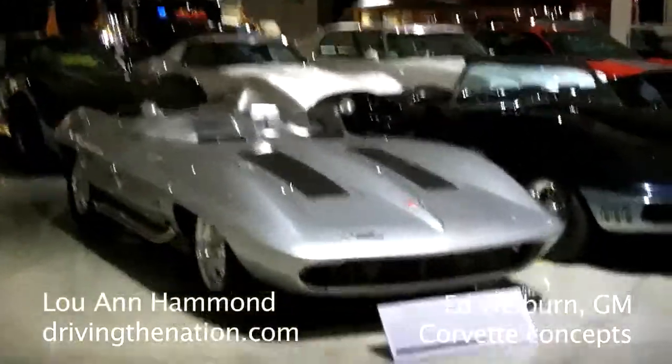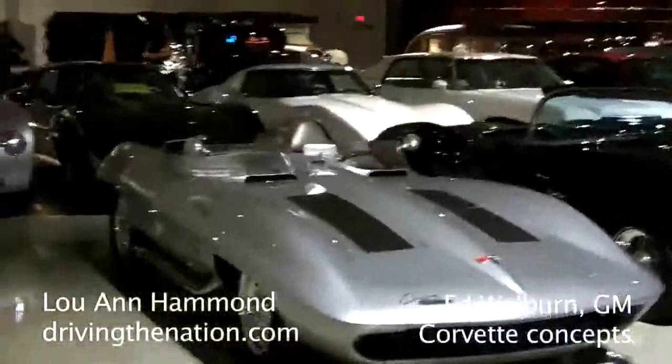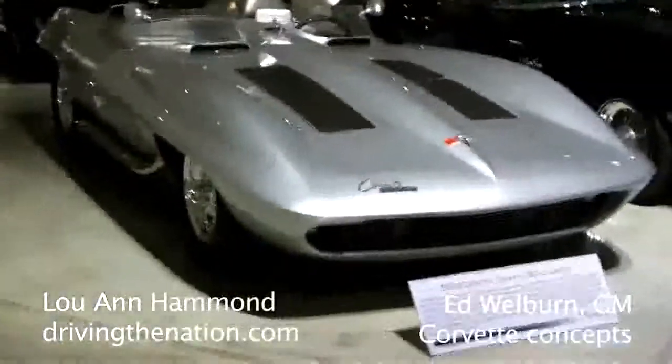Ed Welburn, GM Vice President of Global Design. Where are we, Ed? We're at the GM Heritage Center, which is our collection of really the history of General Motors. Really the priority is on Chevrolet, 100th anniversary, the largest collection of Corvette concepts in the history of the